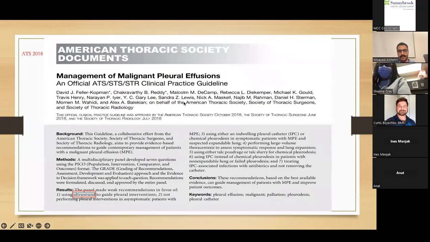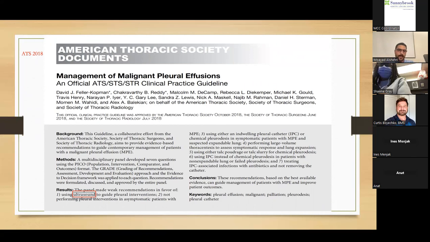And then after that, in 2018, which is the most relevant still, ATS 2018 and ERS 2018. 2018 was a very hot year for malignant pleural effusion because a lot of even landmark trials were actually in 2018. So I would say that one of the things that even BTS kind of brushed on is the use of ultrasound. But one of the things that ATS tried to focus on and highlight is the use of ultrasound as we're moving towards an ultrasound-guided and real-time guided approach for a lot of